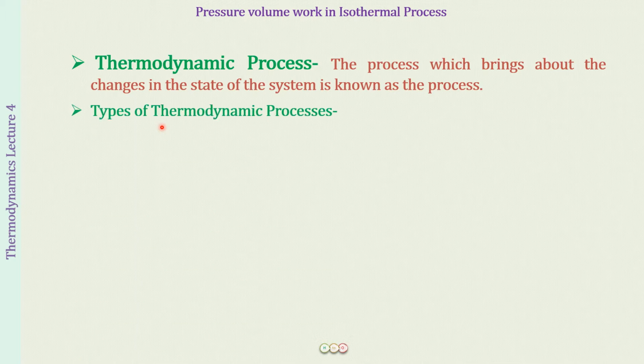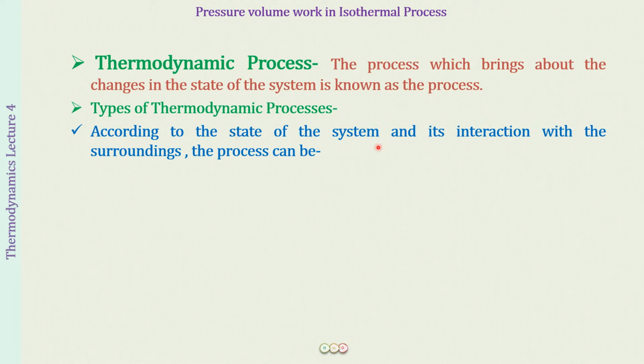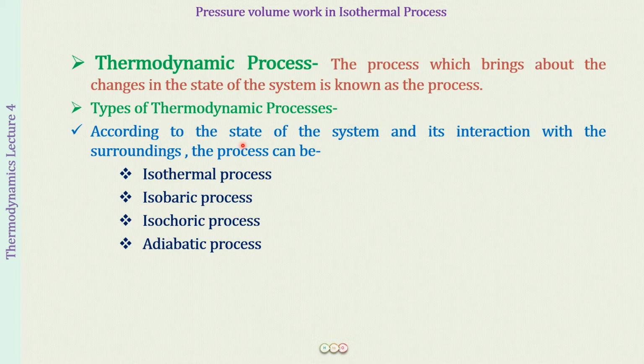And then we discussed the various types of thermodynamic processes, and this we did under two types of classification. The first classification was based according to the state of the system and its interaction with the surrounding, and here the process we classified into isothermal, isobaric, isochoric and adiabatic process, and along with that we discussed what we mean by a cyclic process also. So here we had a brief understanding of these various types of processes, but it was quite a brief introduction, and now we are going to begin discussing them one by one in detail.